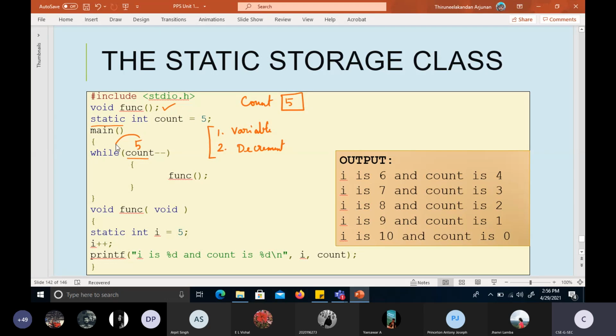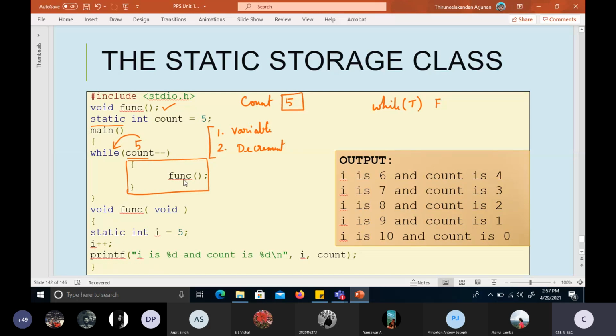Okay, see, whenever it is while of some high value, this 5 is some high value, it is not a 0. High value means it is true. Basically it is true. Only if it reaches 0 does it become false. While of false will not execute this entire code. Since it is becoming true now, it will go into this loop and then it will call this function.